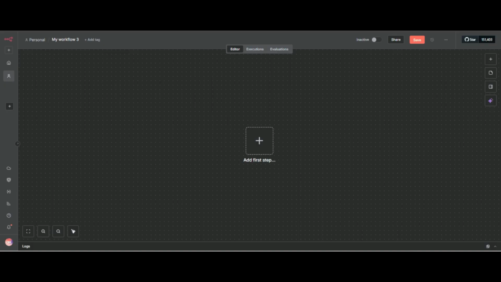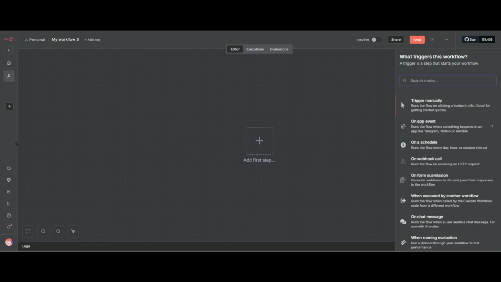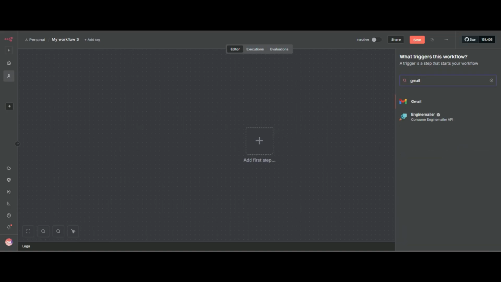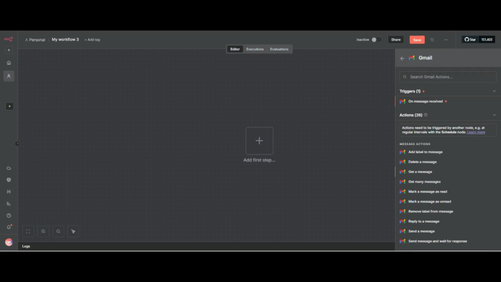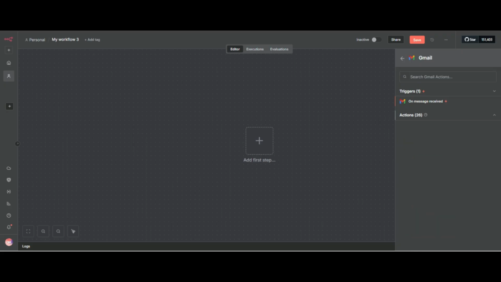First I click on the first step and search Gmail. Now we are triggering, and we also have to connect our Gmail account. You can see there are a lot of actions, like delete message, get a message, but now we select message received.